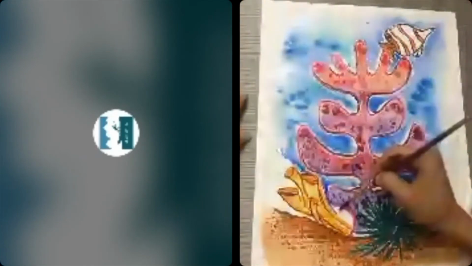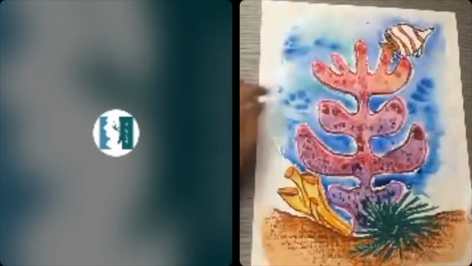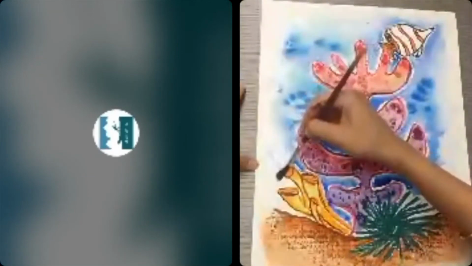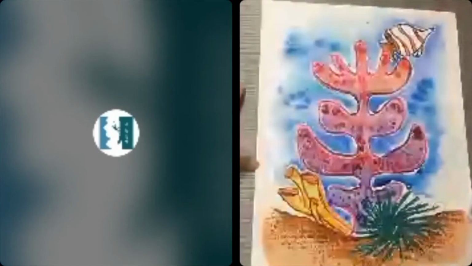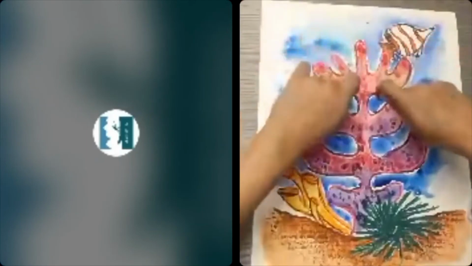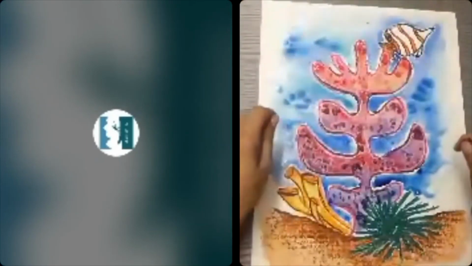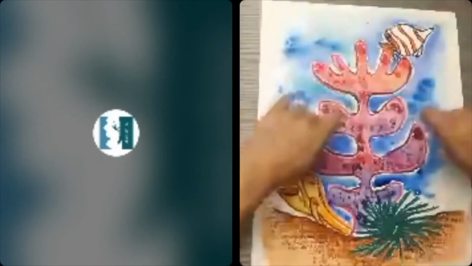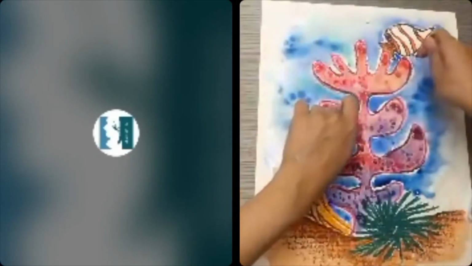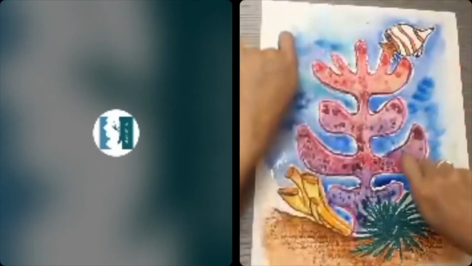Working with two hands also, the drawing step that we had started with, that might have been new to all of you, but go ahead and do that for anything else that you might think of. So while we also created a coral shape that's symmetrical, if you want to challenge yourself, you can even try doing one that's asymmetrical, so different on both sides. Try doing something different on the left side and different on the right side. That could be fun as well.